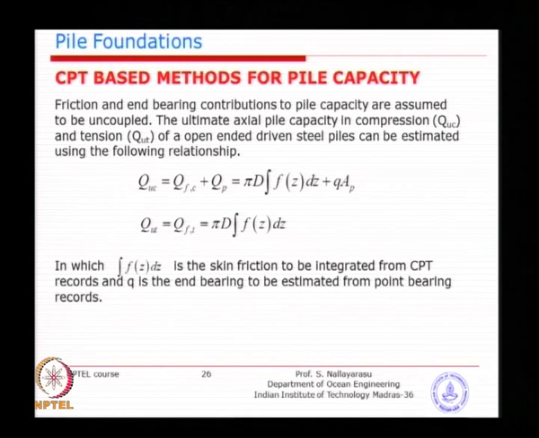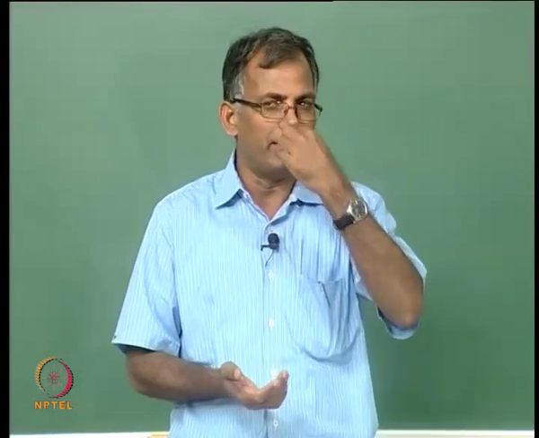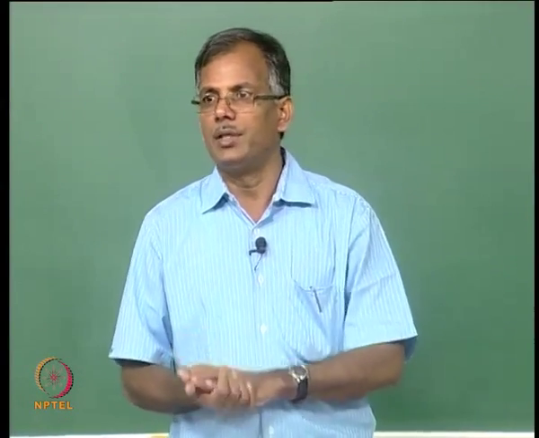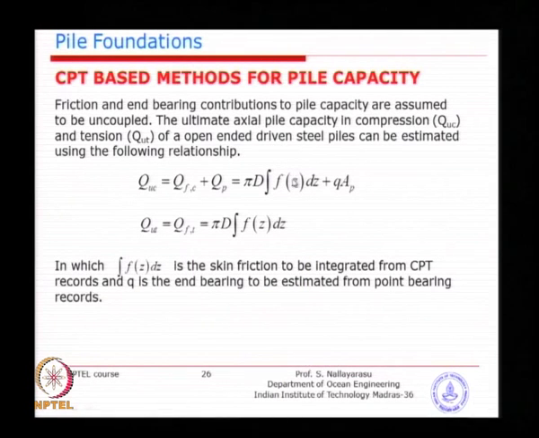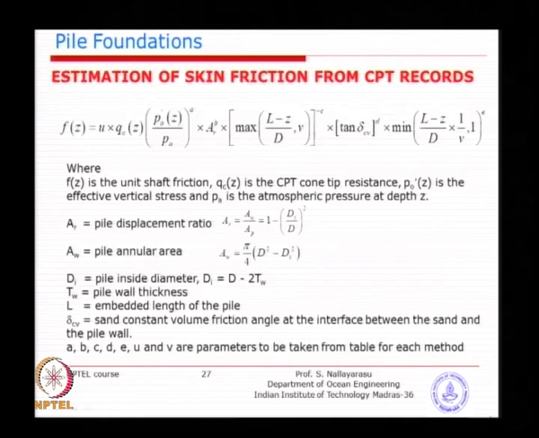Now when we look at the various methods, the alpha method and beta method, which we were looking at in the last classes: the alpha method uses a fraction of the undrained shear strength, and the beta method uses a fraction of the overburden pressure. We were looking at this f value as representative of each type of soil, whether it is clay or sand. Here you have f_j to be integrated using the recorded profile of the sleeve friction with several coefficients involved. You can see here A, B, C, D and E, also U and V, which are given in this table